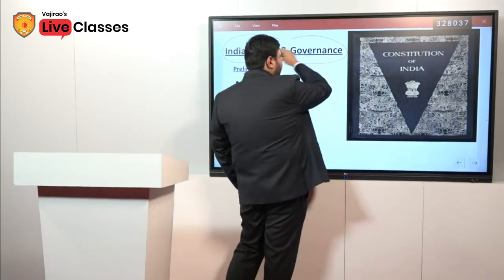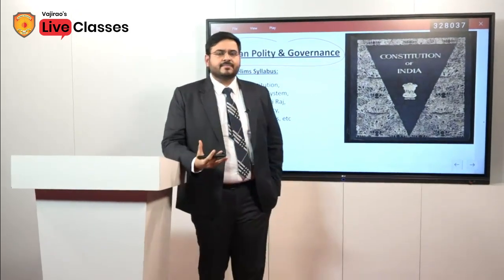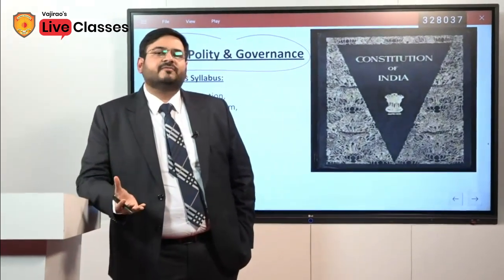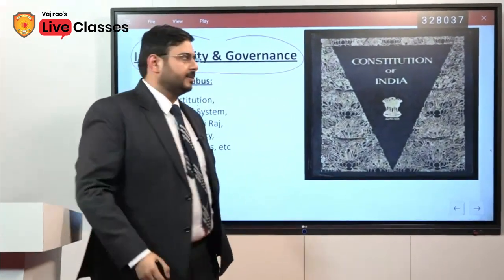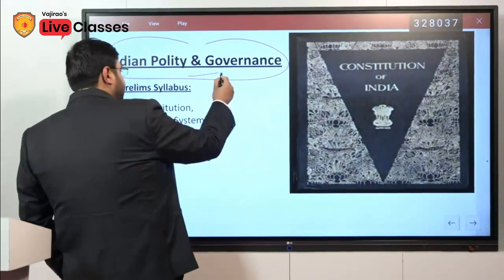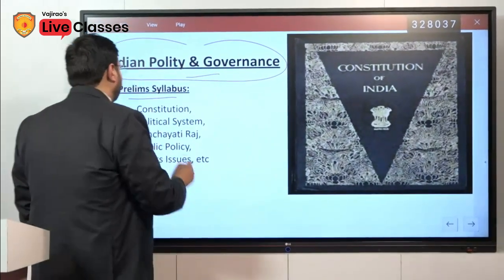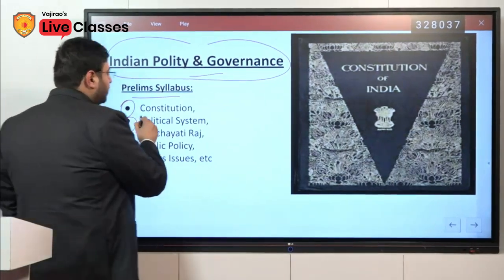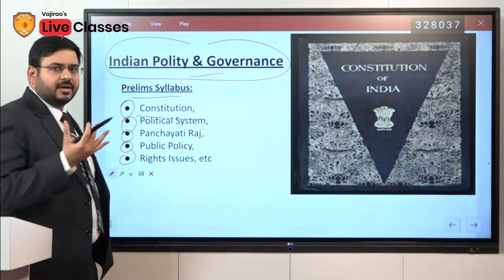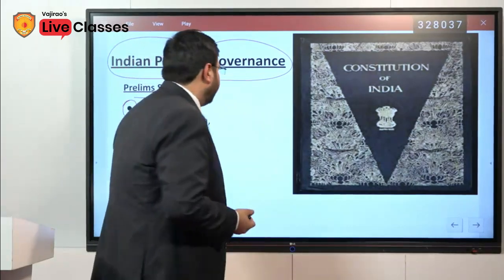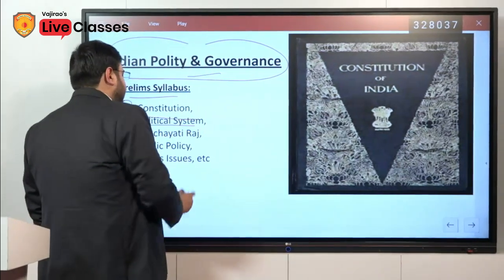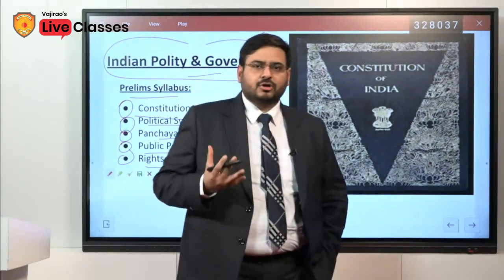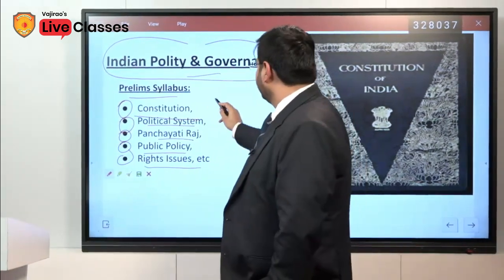The importance of Indian polity and governance in the civil service examination is the same as the importance of biology in the medical field. The Indian polity and governance in the prelim syllabus constitutes the following topics. These topics are most importantly covered under the Holy Constitution of India. Then the political system, Panchayati Raj, public policy and rights issues are those topics that we have to particularly focus